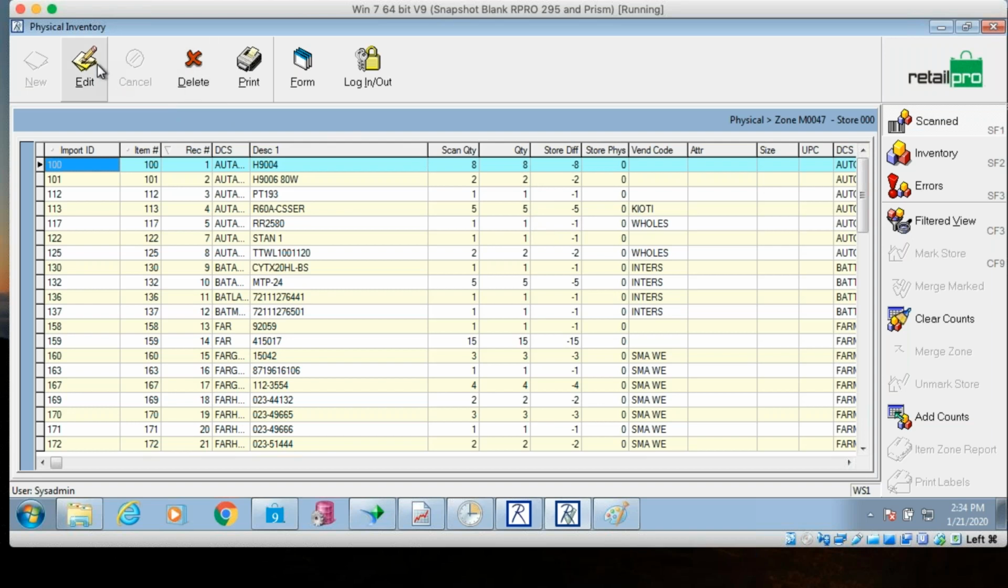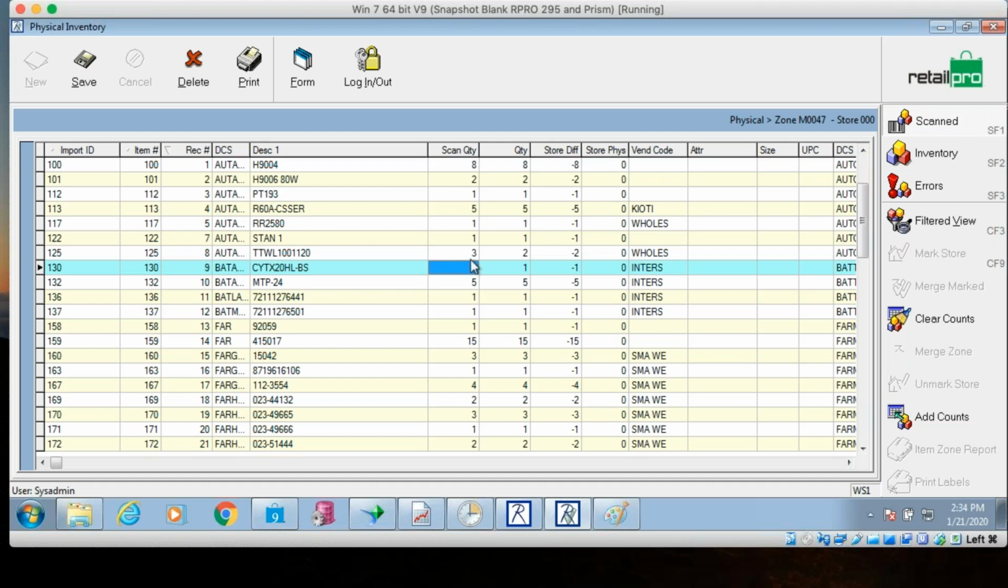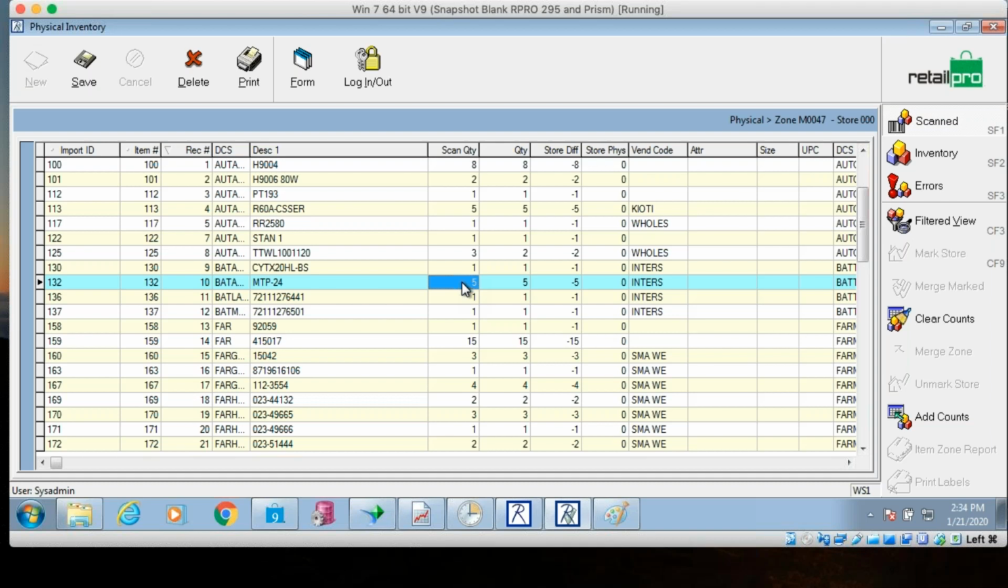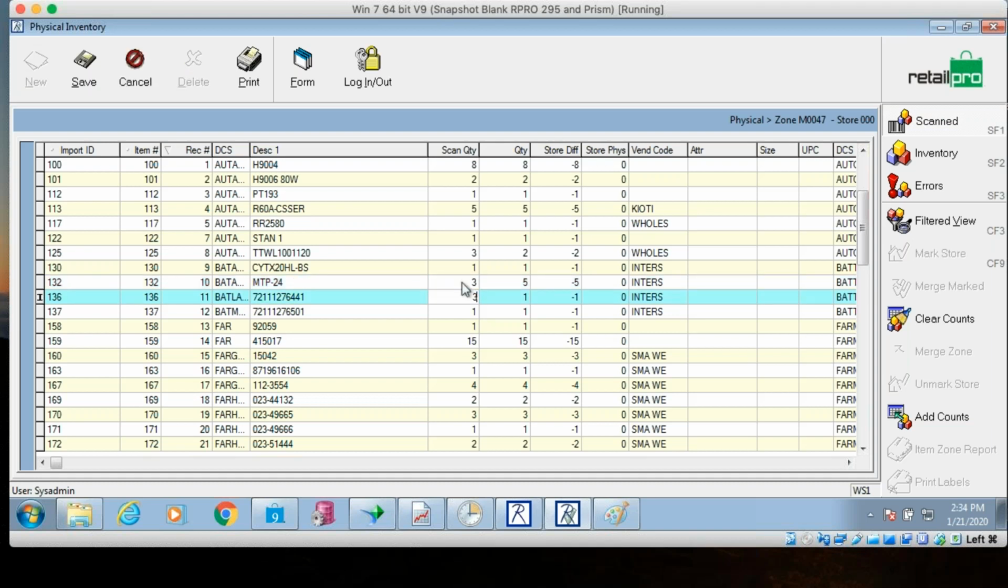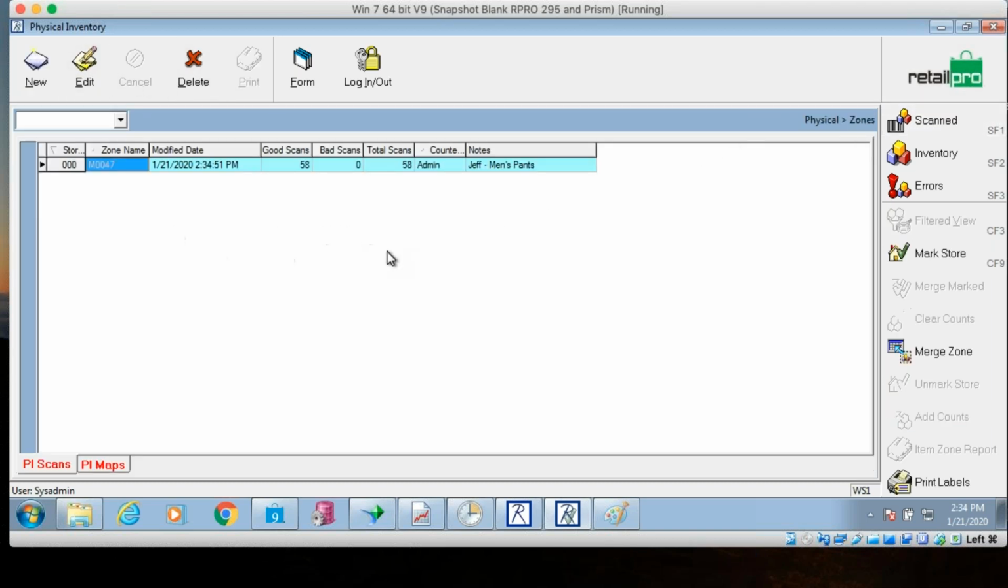We could, if we needed to, click edit, right? We could say, okay, we're gonna change one of these. We found 3 of those. So we could go in and change that scan quantity to 3, right? You could say, okay, we counted 5 of these, but there really wasn't 5. There was only 3 of those, and then there was 3 of these, right? So I'm going to click save,